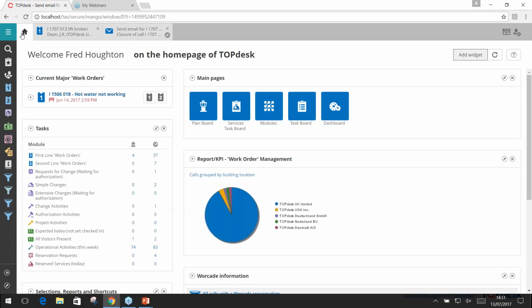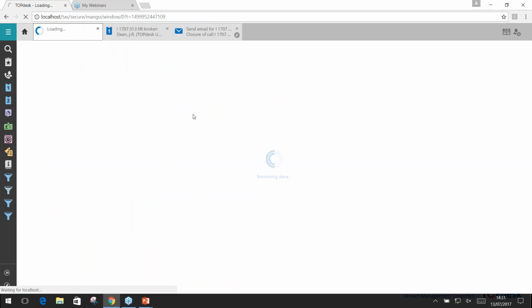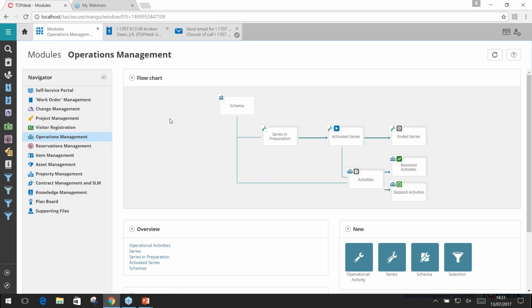But now I've done a little bit of reactive work in the system, I might want to also do some proactive work, so some planned preventative maintenance. How might I go about that? Well, if I just take you through to the modules page of Topdesk, so that's all the features that we